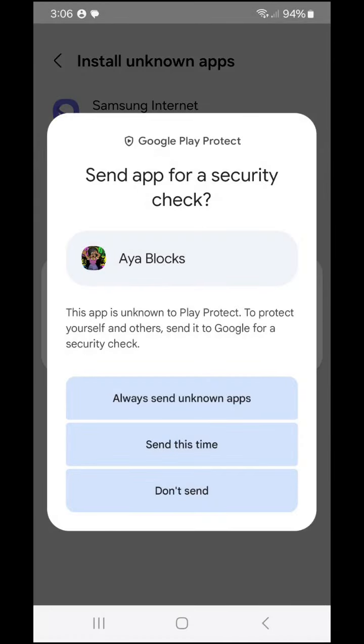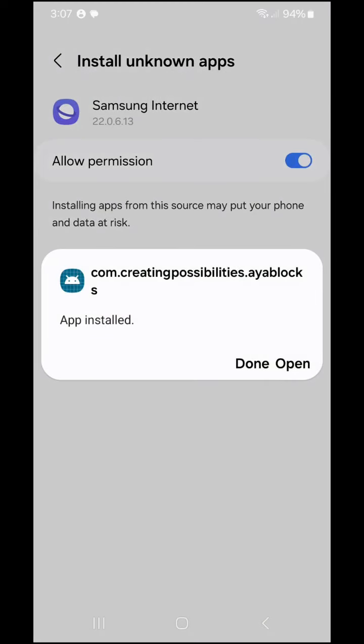To ensure the app is safe for your phone, Google Play Store will scan the app to see if it is safe to be used. It is very safe as Google will tell you it is after the scan. The scan is complete and now you can open the app and play